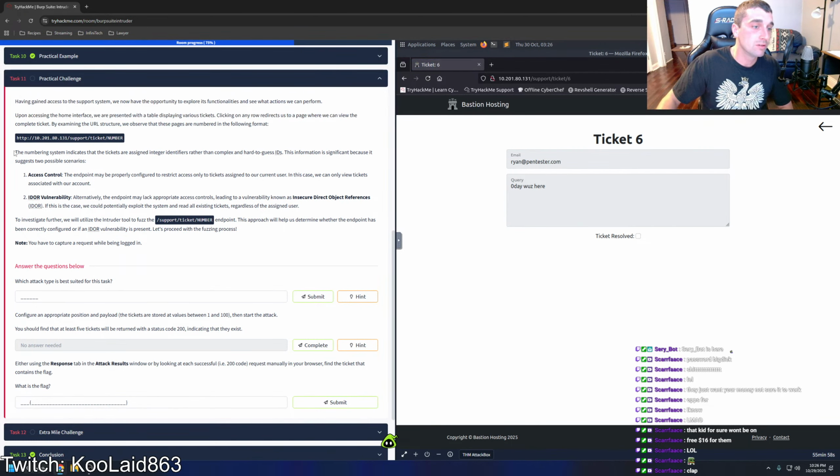The numbering system indicates that the tickets are assigned integer identifiers rather than complex and hard-to-guess IDs. This information is significant because it suggests two possible scenarios: access control. The endpoint may be properly configured to restrict access only to tickets assigned to our current user. In this case, we can only view tickets associated with our account. Alternatively, the endpoint may lack appropriate access controls, leading to a vulnerability known as insecure